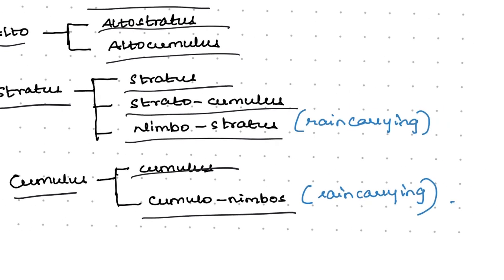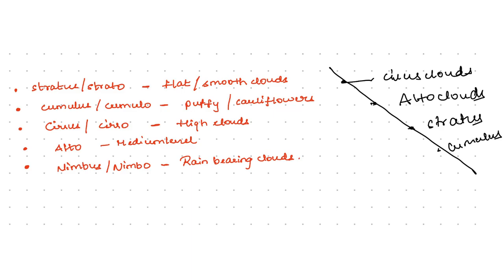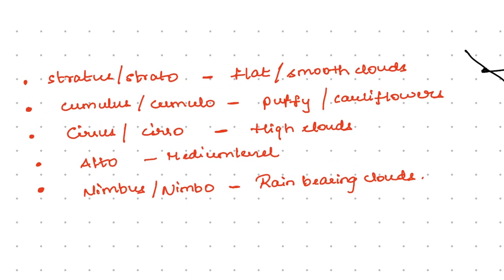So if you can see here, next to these two clouds I have written rain carrying clouds, that is, nimbostratus and cumulonimbus. Both of these clouds are rain carrying, that is, they give us rains, right? So in order to remember easily, we will decode the suffixes and prefixes. What is the meaning of stratus, what is the meaning of alto, what is the meaning of cumulus. If we understand nimbostratus, cumulonimbus, then when such terminology comes in exams, we will be able to decode it easily.